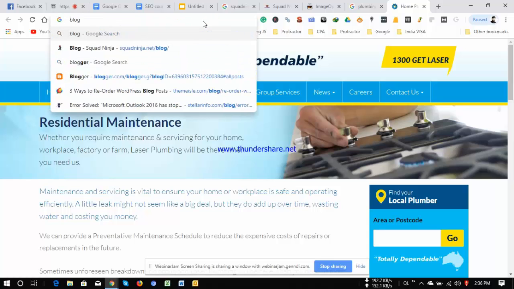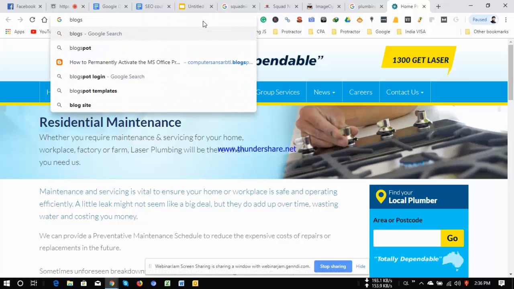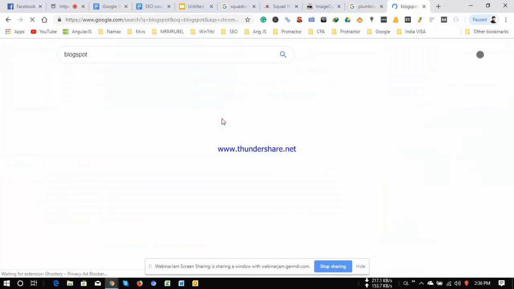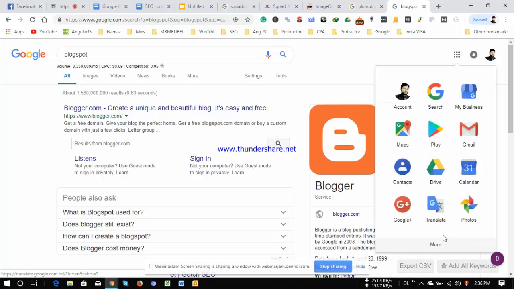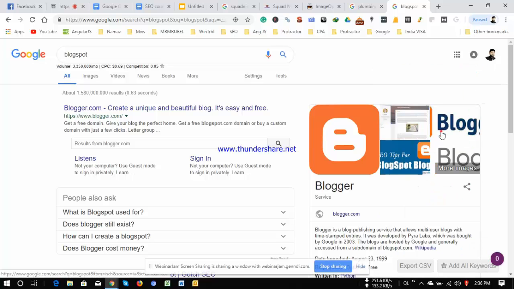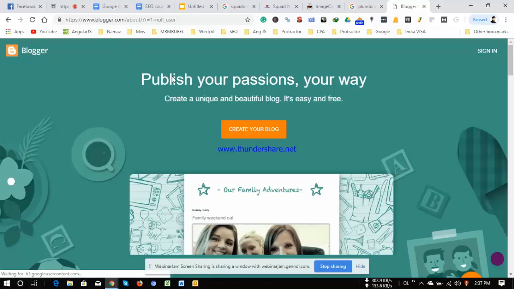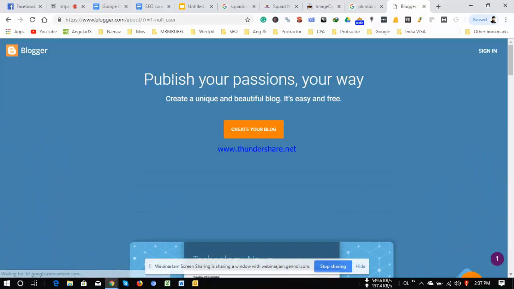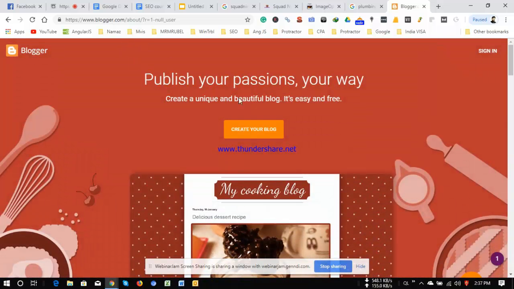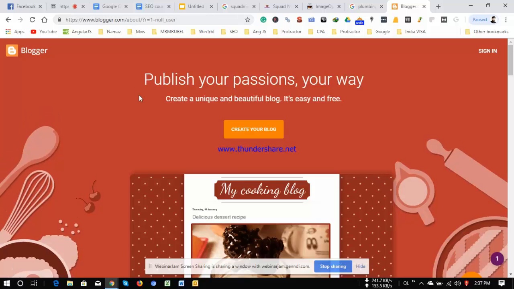Google also has a service called Blogger. If you create a Squad Ninja page under this Blogger site, it gives you a link. That is called Web 2.0, because it is not truly a website hosted there. You are hosting on blogger.com and getting a subdomain or subfolder from them.